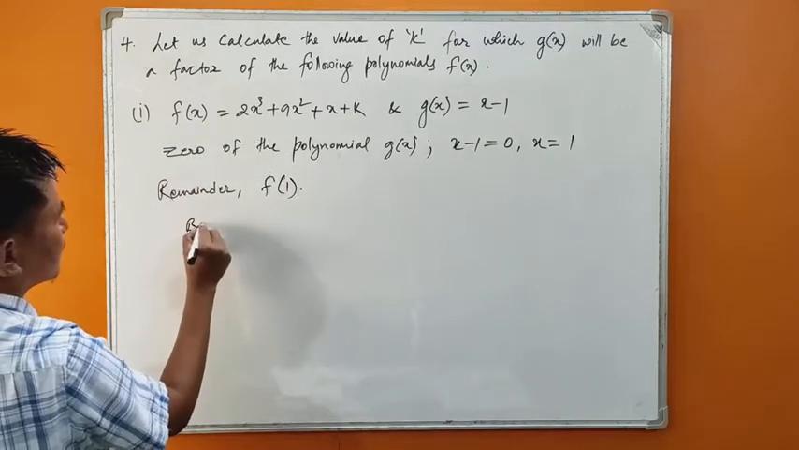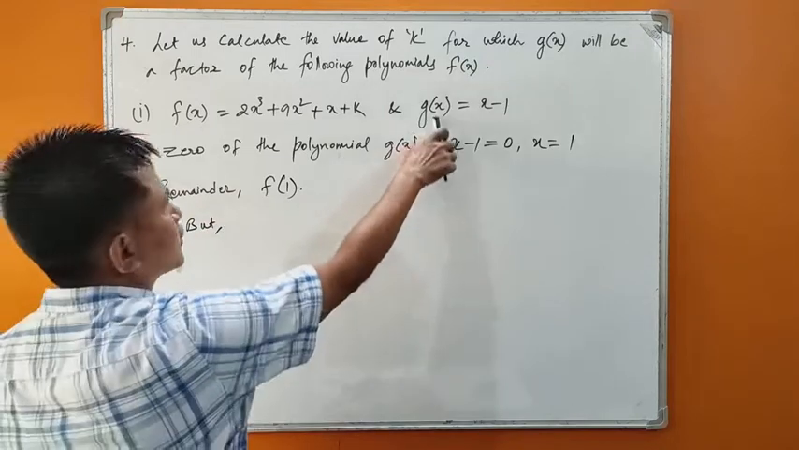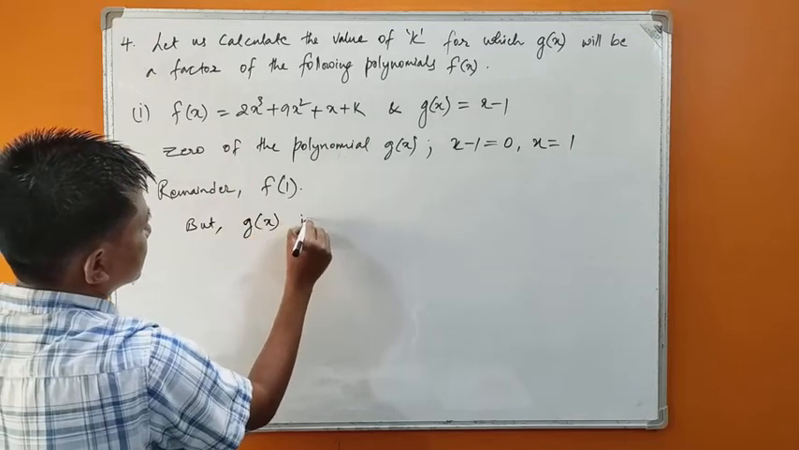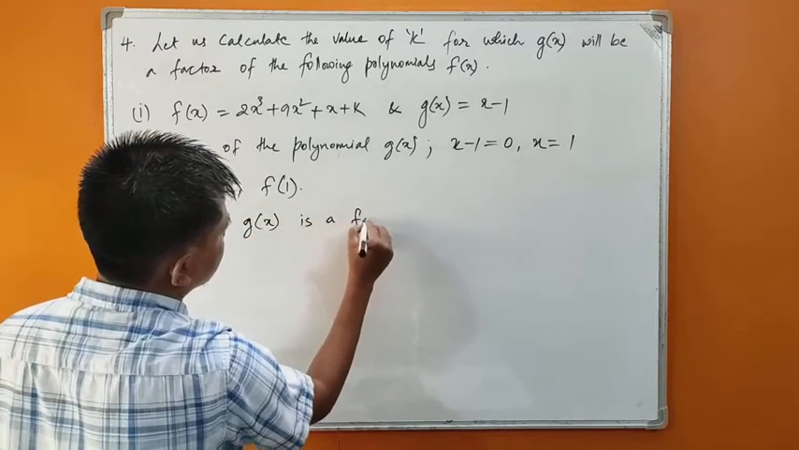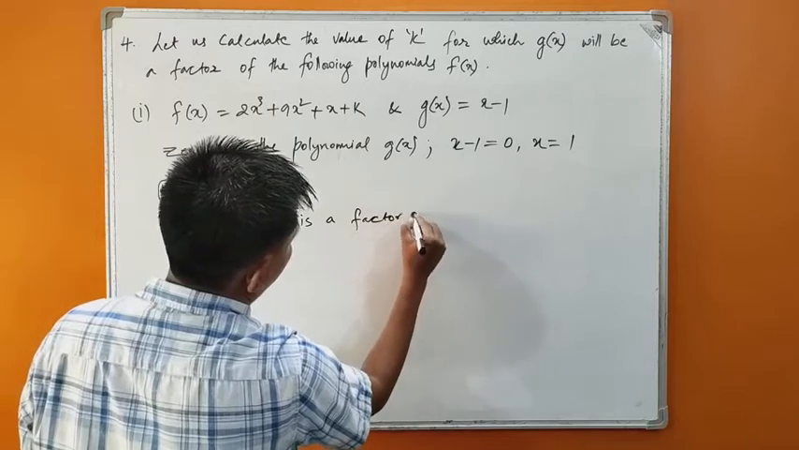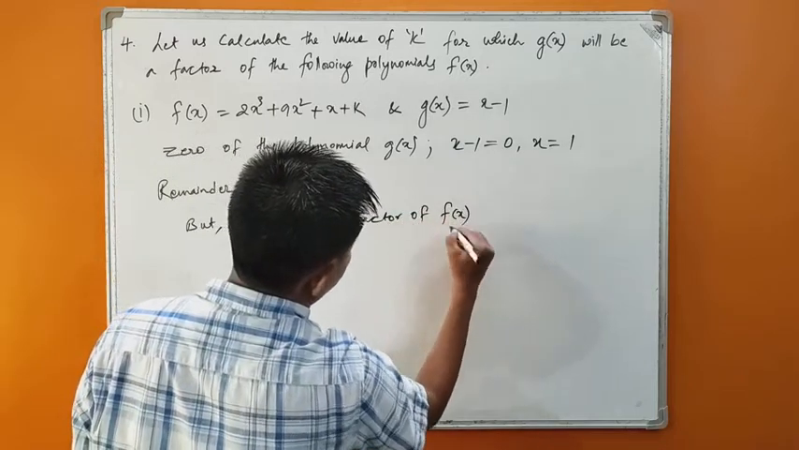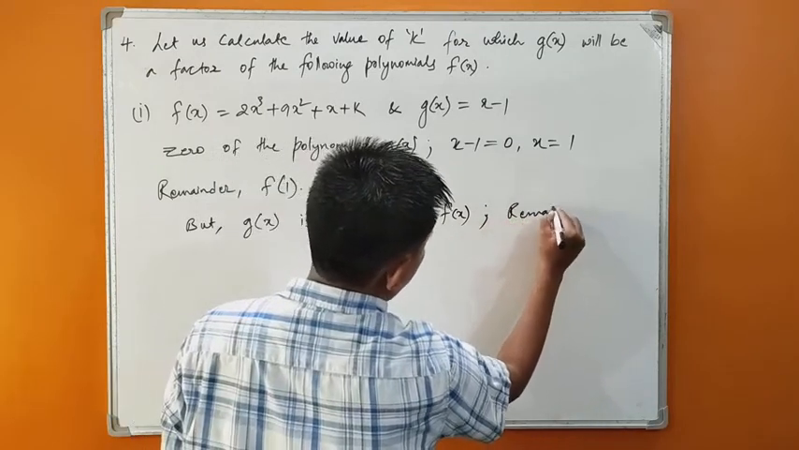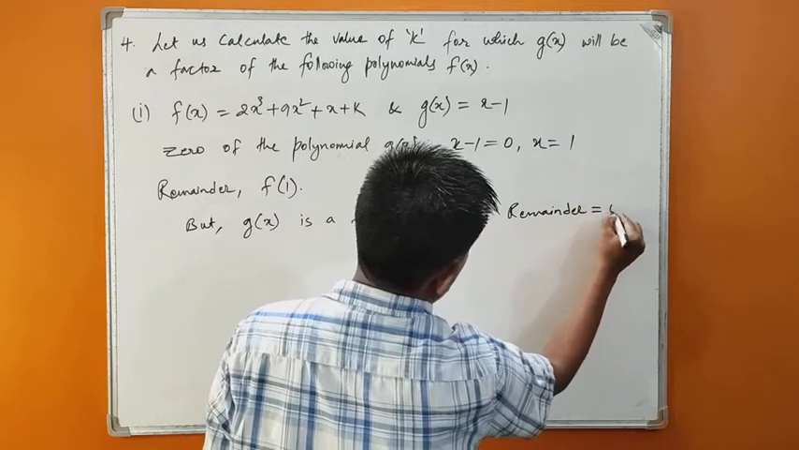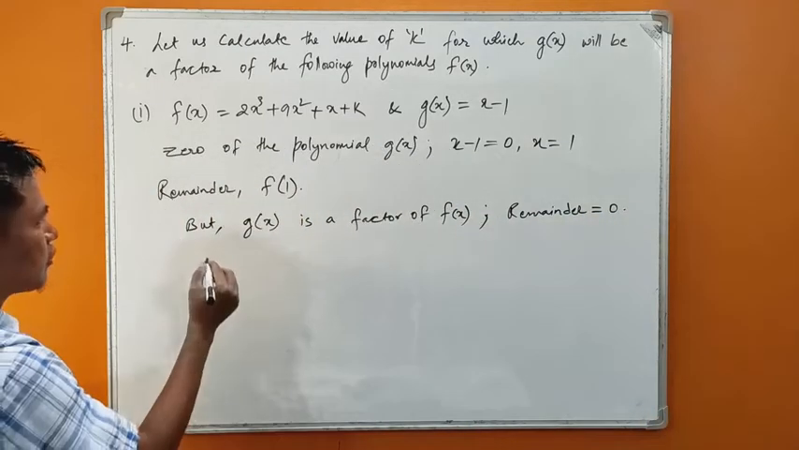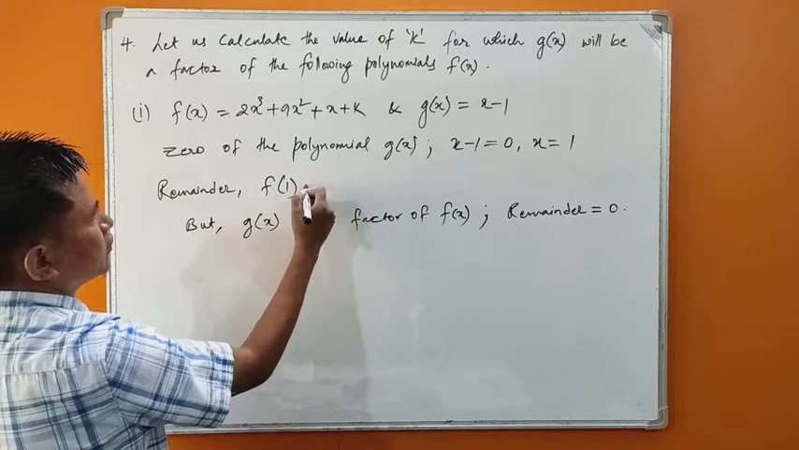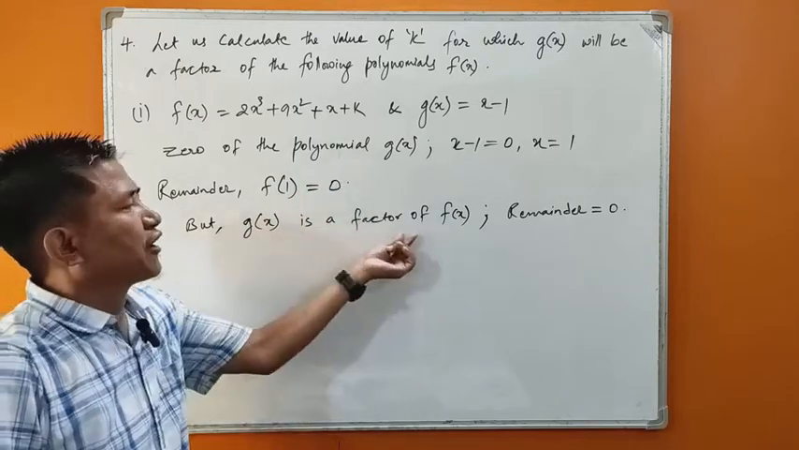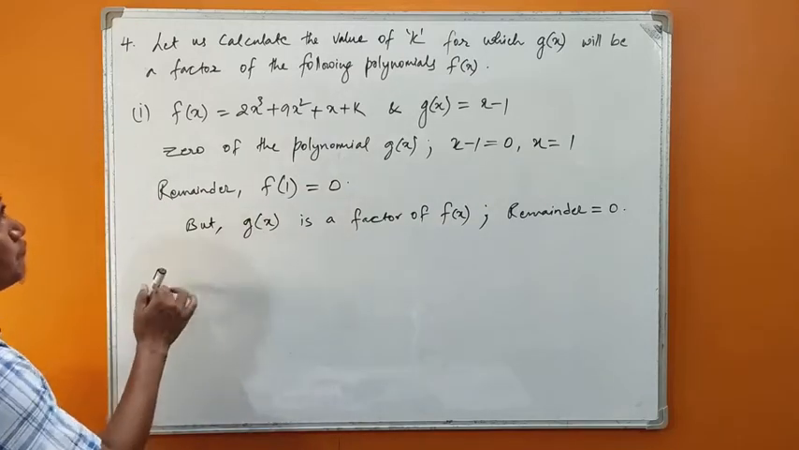But given condition is that gx is the factor of fx, isn't it? Gx is a factor of fx. That means therefore remainder should be equals to 0. Remainder should be equals to 0, or which means f1 should be equals to 0. F1 should be equals to 0 since gx is a factor of fx. Okay. Now